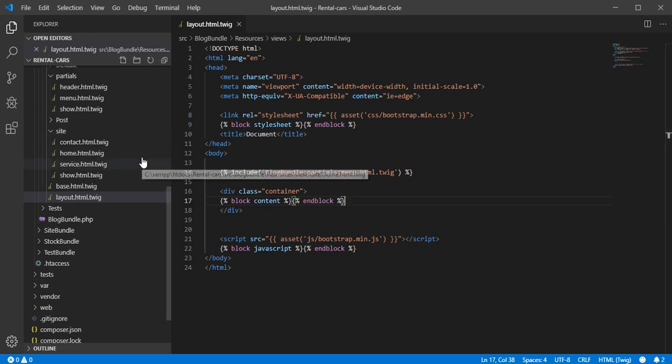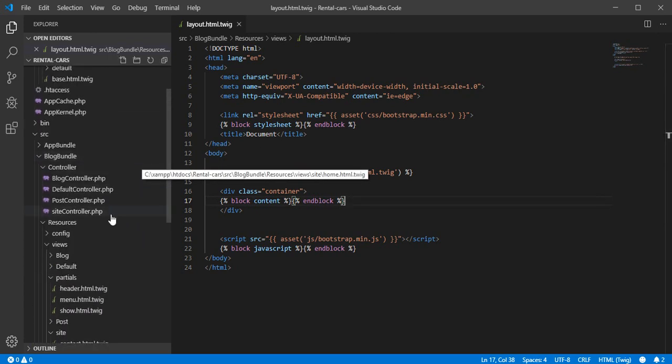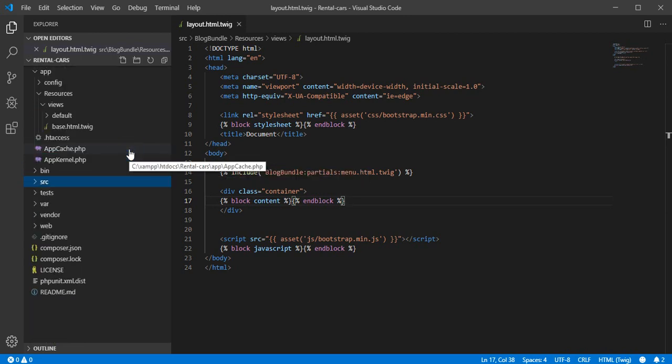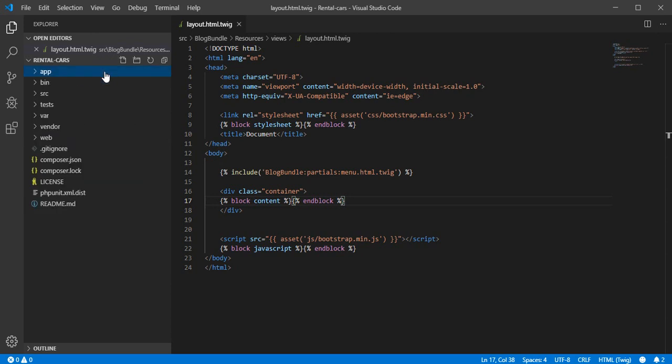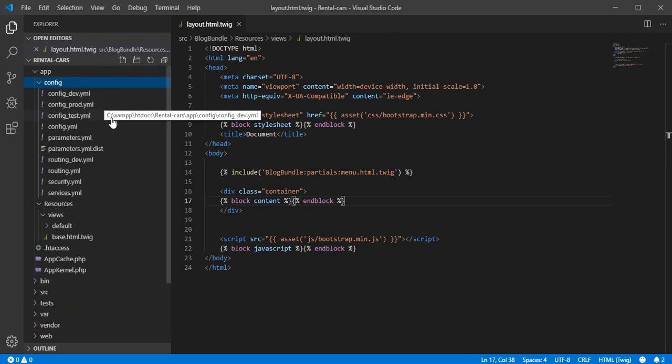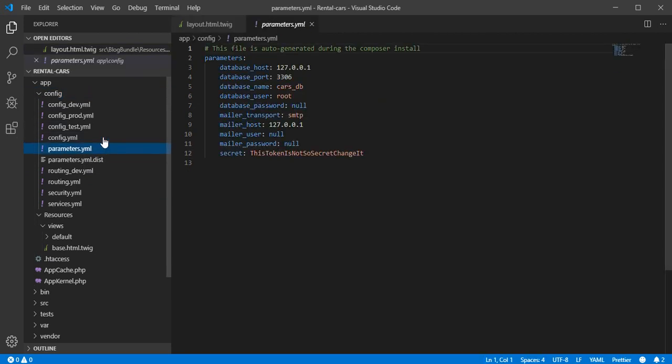So for the moment we say that we have a file that contains all the configuration here in the app. So if we go to app, go to config, now we see a file named parameter.yaml. The YAML means that it is working with the YAML format. And here we see, this is basically the parameter